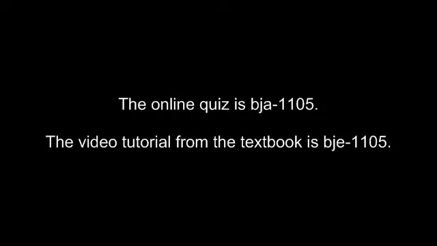You've finished lesson 11-5. I challenge you to go to the online quiz at phschool.com and the web code is BJA-1105. Take the quiz and see how well you do. If you need extra help, there's a video tutorial from the textbook. The web code for it is